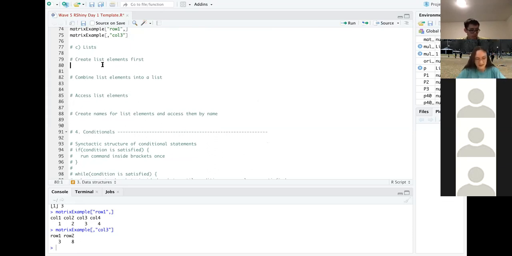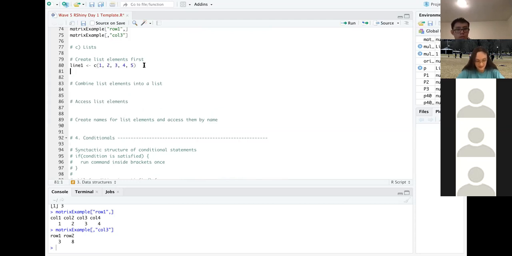So the way we create lists is usually we start with vectors and then literally cast them as lists. So just to start, you can create some vectors. Let's say line 1, just 1, 2, 3, 4, 5. And then let's create another one, which is c of A, B. By the way, as you guys have noticed with the row names, the column names, and now line 2, vectors can contain any type of element. It doesn't just have to be numbers. It can also be strings, booleans, anything.